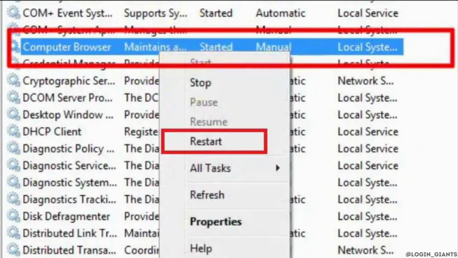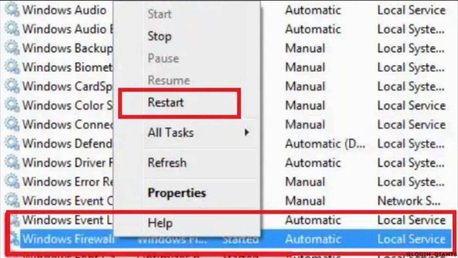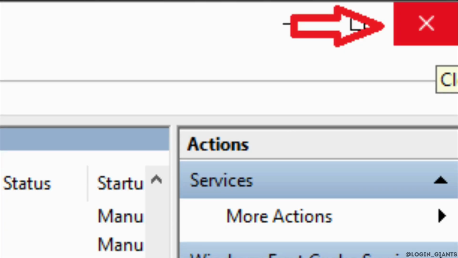After that, locate and right-click Print Spooler service, then click Restart from the options. Wait for the Print Spooler service to restart. Then locate and right-click Windows Firewall service and select Restart from the given options. Wait for the Windows Firewall service to restart. After restarting all the three above-mentioned services, click on the Close button at the top right side of the Computer